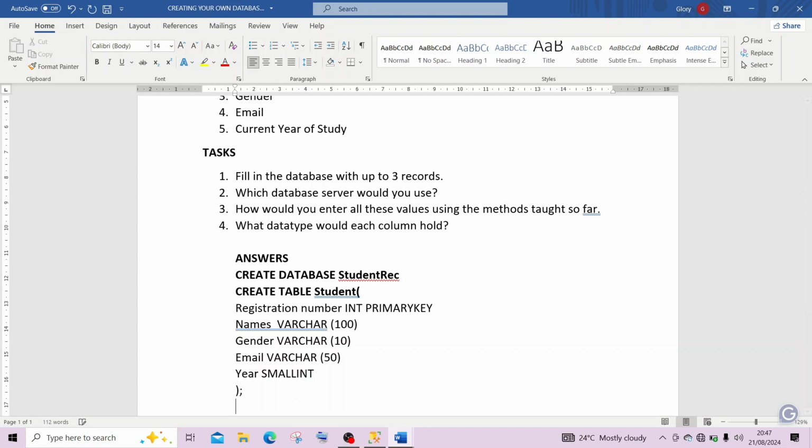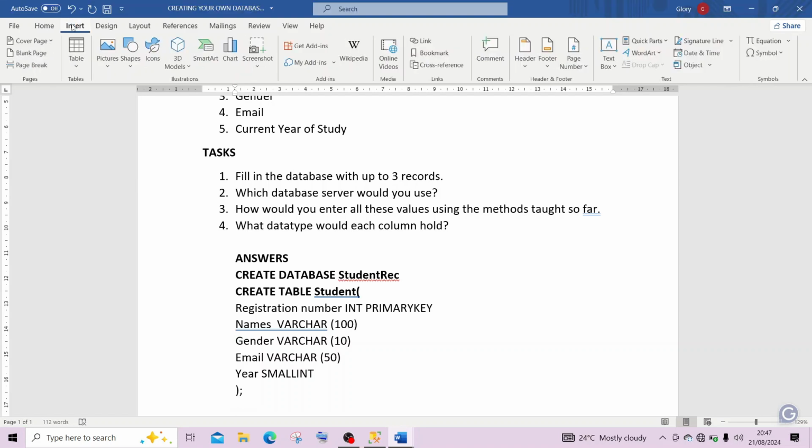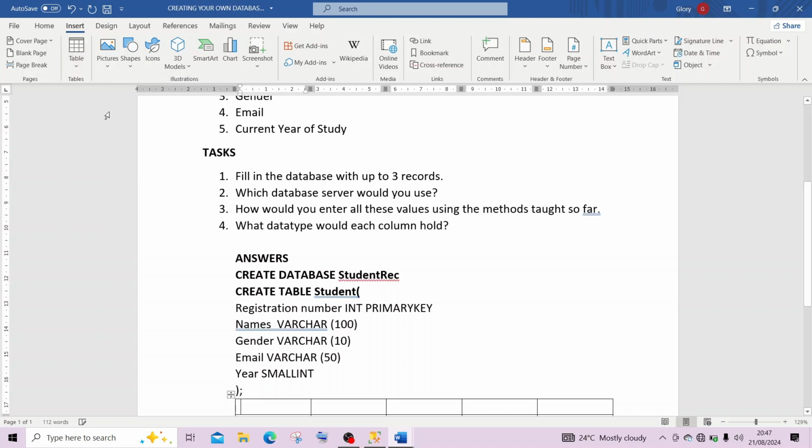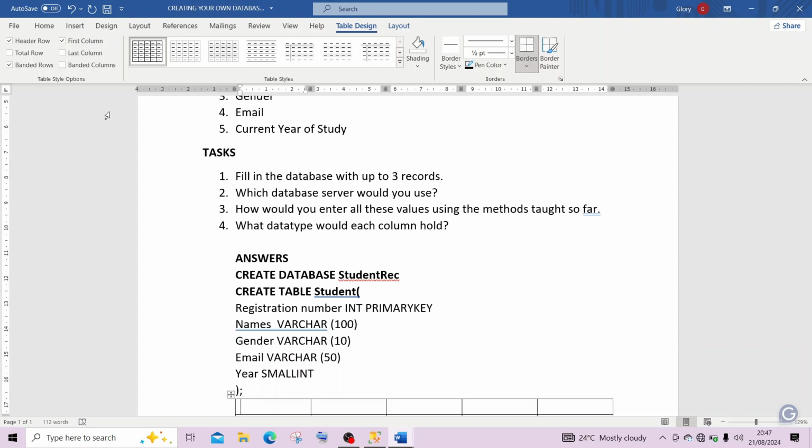Now, the next part is to fill in the database with up to three records. So we're going to insert into the table, and create a lot of things inside of it just to replicate this. So we have 5 rows. That's 5 rows times 3 records, which is wrong. We should have created 4 rows so that we can have a row for the names and definitions